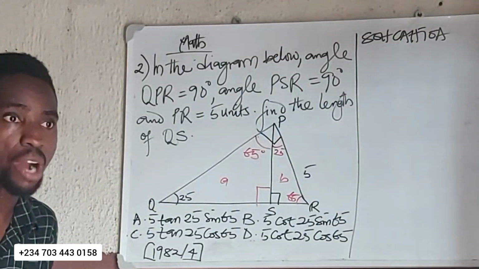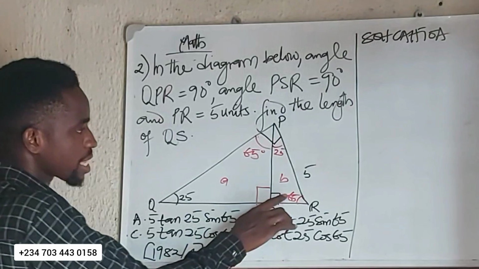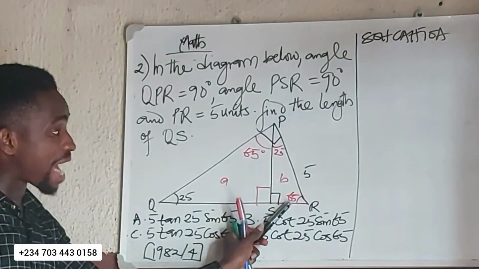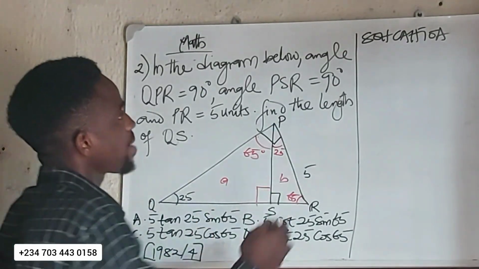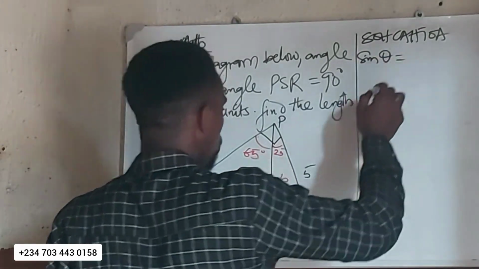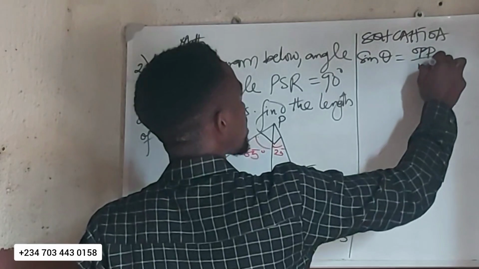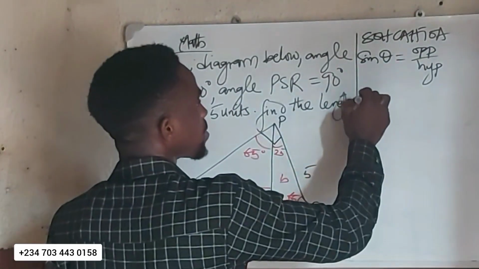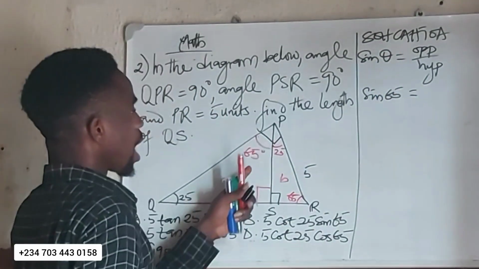I hope you understand how we were able to find the value of this angle to be 65. It was not given, we are the ones that found it, right? So since we found that this angle is 65, we will now use it. So sine theta is equal to opposite upon hypotenuse, right? Then our theta in this case is 65, so we have sine 65 is going to be, our opposite is